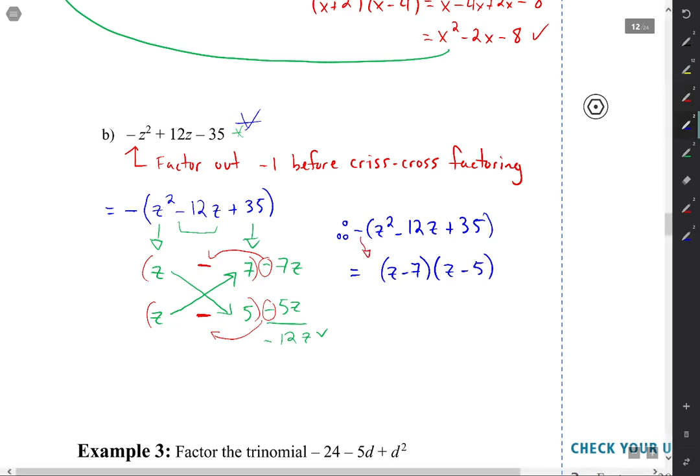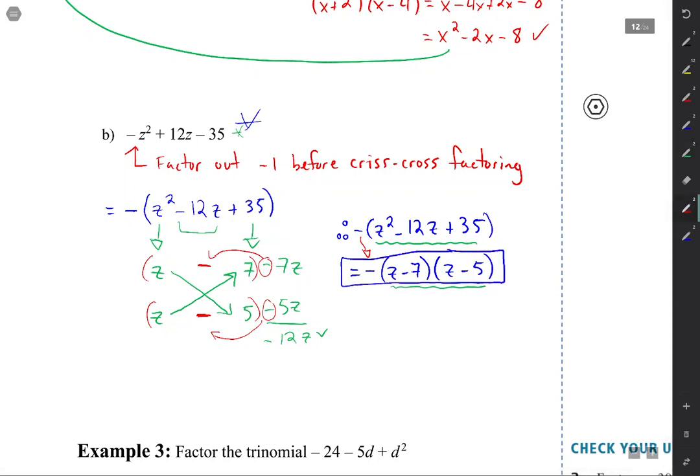So we still need to have that on the outside here. Because remember, we just factored this part of the polynomial, which gives us those two binomials there. And then we move that negative sign out front of them, and boom, we have our answer. And with these, we can always check our answer. So let's do it quickly